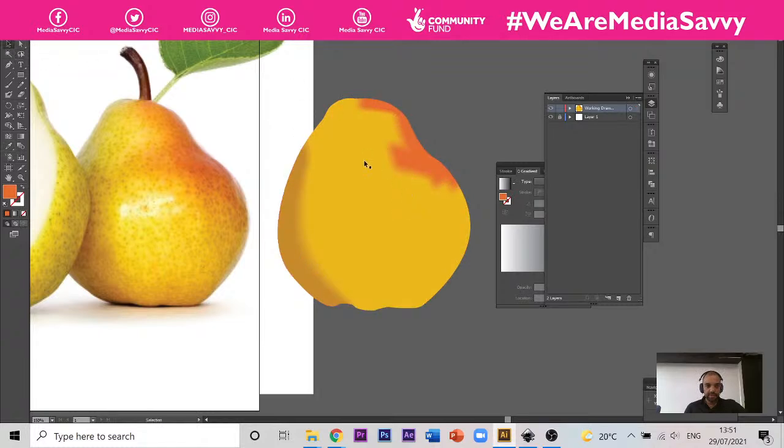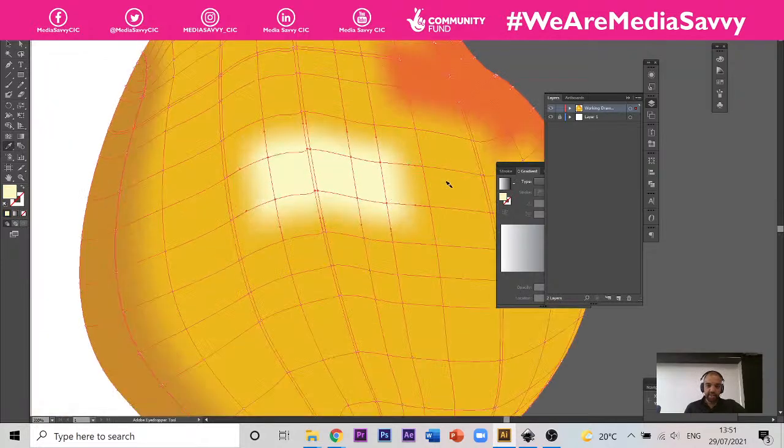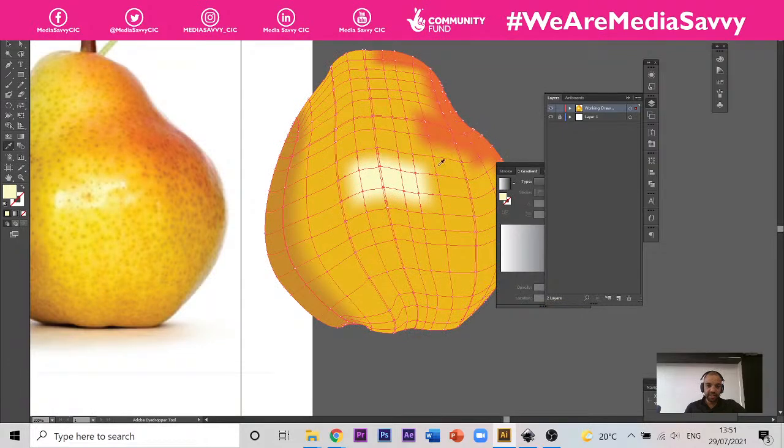Oh, excuse me, click on that. Back to your Lasso Tool. Select this bit here. Click on your eyedropper, click on the highlight, and that'll create that highlight. Now, as you can see, the highlight is quite square in relation to that, and that's because